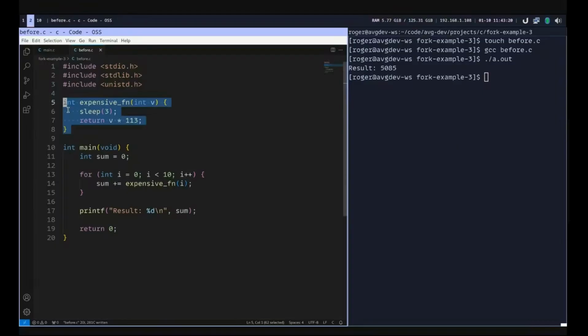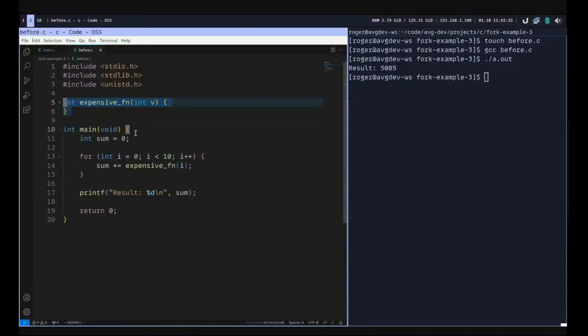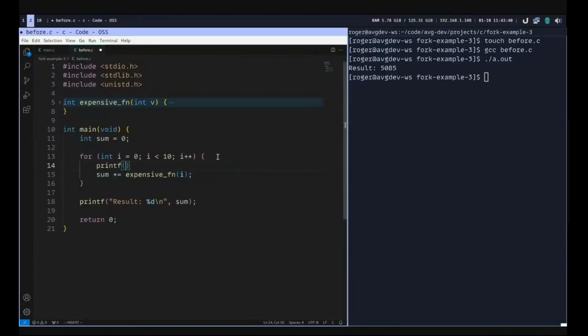It's in our fantasy world. Multiplying a number by 113 takes 3 seconds to do. It's so heavy. You don't care how this is written, you just know that this is expensive. And just to make sure that we know things are working, it's computing